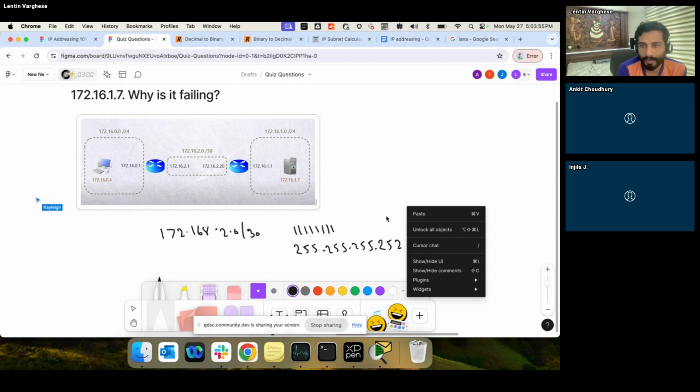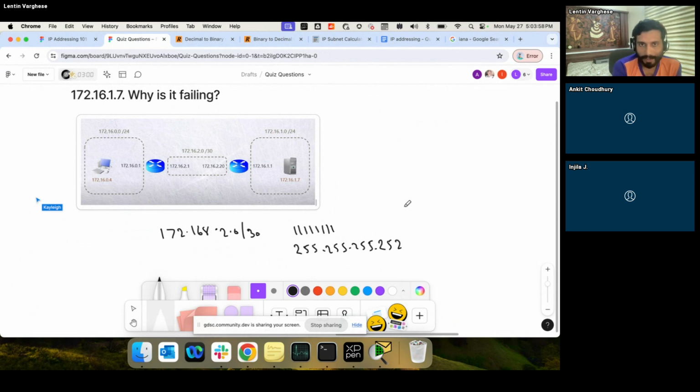All right, 252. So as I was saying earlier, to get the number of usable IP addresses in this range, you could just reduce 252 from 256 and you will get 4. And in that 4, you already lost one IP address as network and one as broadcast. So that makes it 172.168.2.1, 172.168.2.2. This is all available in the network. But if you see here, the IP address used is 2.20, which won't work.